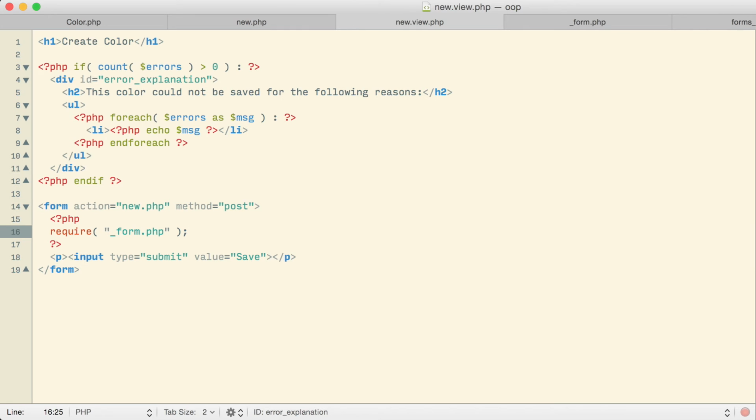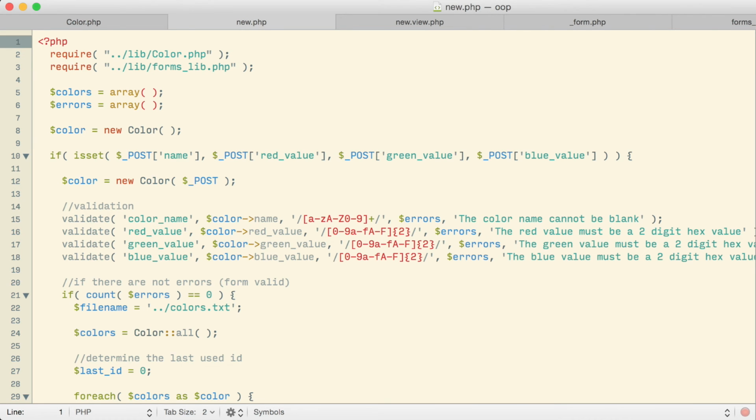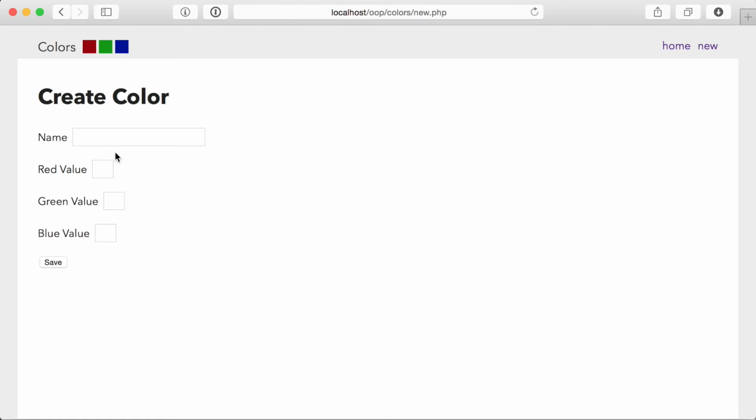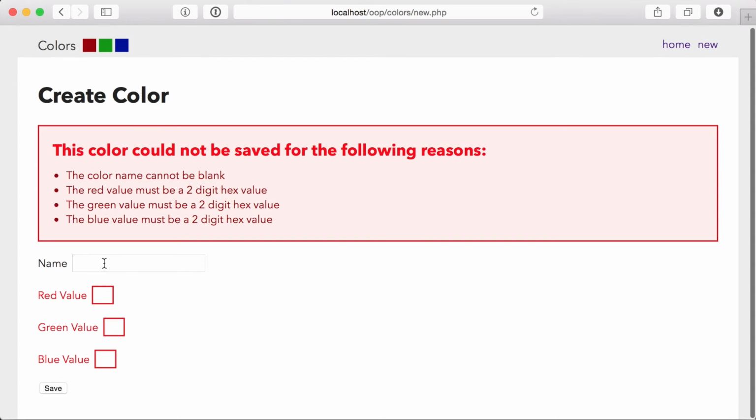With that change made, let's take a glance through some of the other files. On the new page, I don't see anything in particular that needs to change. We've already made an update to our form. So let's give it a try and see if it works this way. A little bit closer to being object oriented than it was a minute ago. My new page still looks like it pulls up okay. Validation is almost still working, except our name field isn't validating.